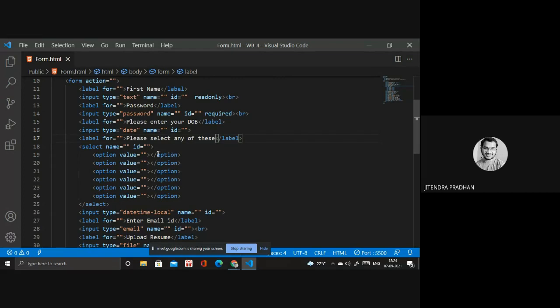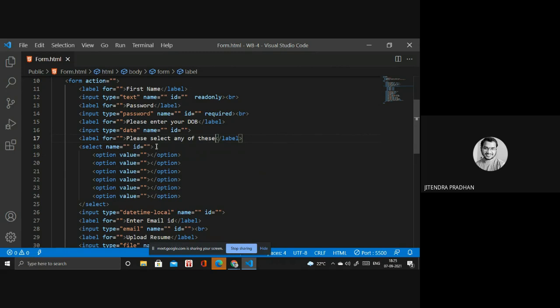Okay. So what is name and what is ID? You know this. These are the attributes we are using inside that. Name means if you want to name that particular selection bar, then you give it. If you don't want, then no issue. Where we use ID, particularly ID and class, is in the CSS style sheet. If you want to design something, like that option, then you have to give a particular ID.